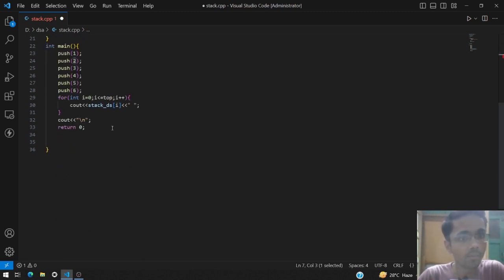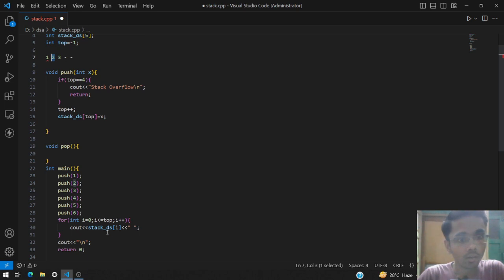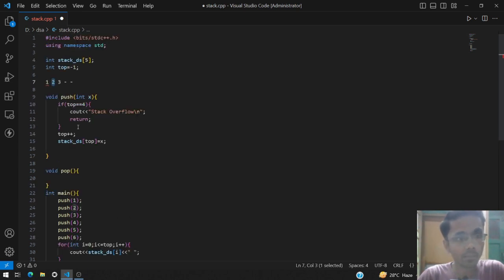So whenever we print all the elements, it will be printed from 0 till the top element only. So in that case, it will print 0, 1 and 2 only. It will not print the 3rd element. So even though we are not actually deleting the element, when we decrement the top pointer, it acts as if we have deleted that element, because it will not get printed.